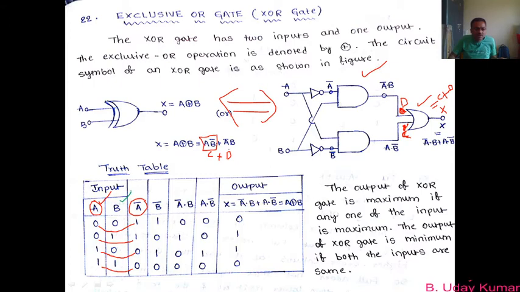Okay, so fine, so we have now B here. So this is B, and from B we try to find B bar. To find B bar, you just look at the values of B. So here we have 0 as B, and hence B bar becomes 1. Again we have 1 as B, and B bar becomes 0, and similarly we have 0 as B, and it becomes 1, and here we have 1, and hence it becomes 0. So fine, from A we found the values of A bar, and from B we also have found the values of B bar. Okay, so now from these columns we have A and A bar, B and B bar, right?